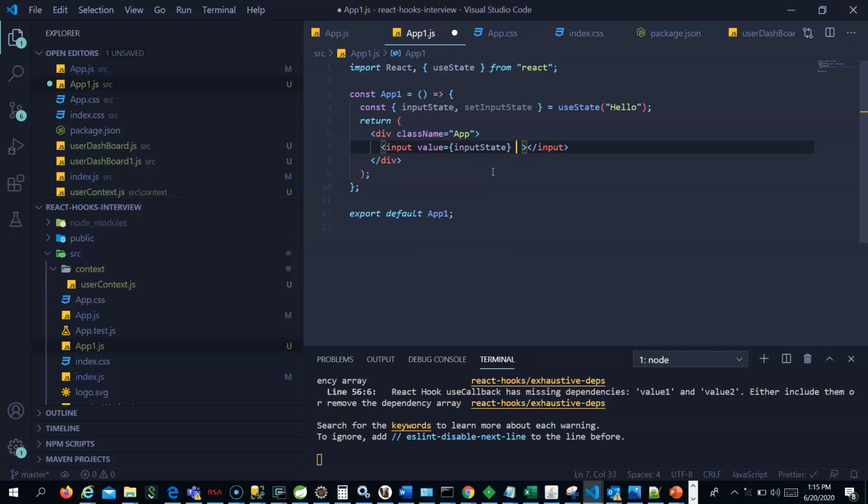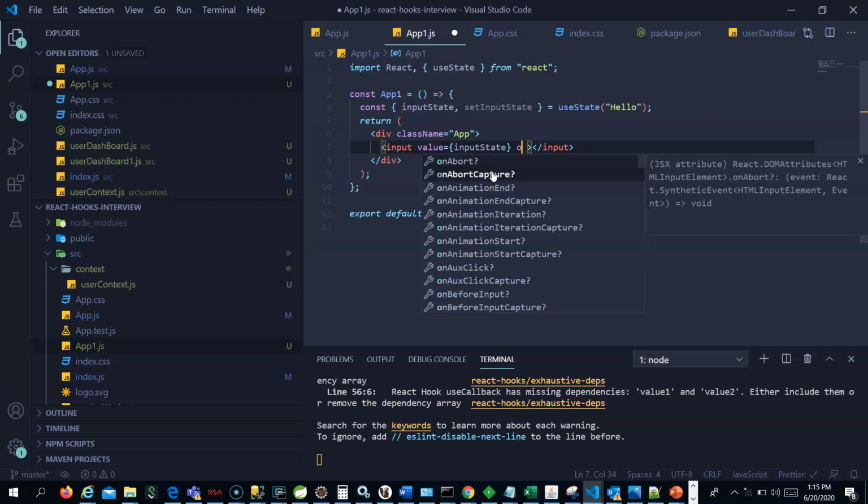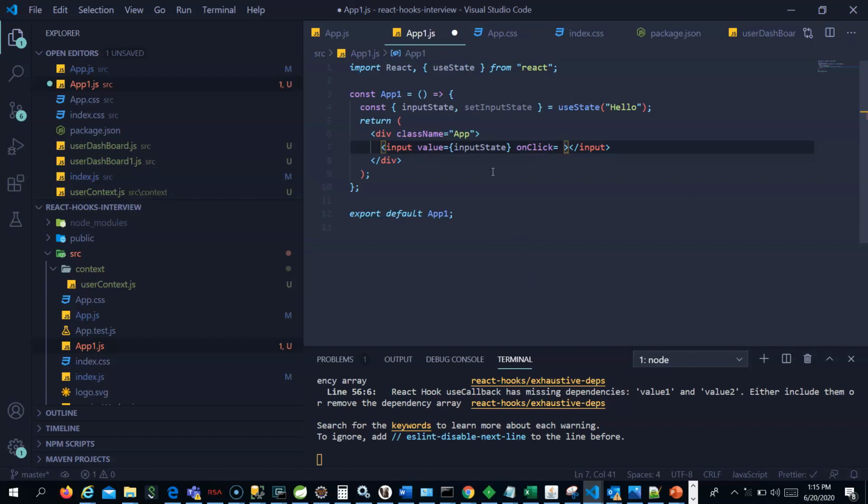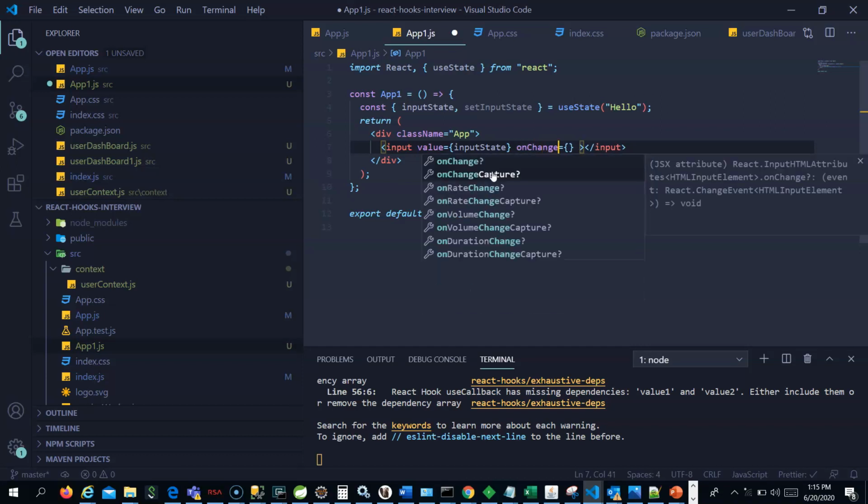And set input state is on change. Sorry, we are just using the JSX onChange event. If you see it in that tooltip, you will understand it is a JSX onChange element.